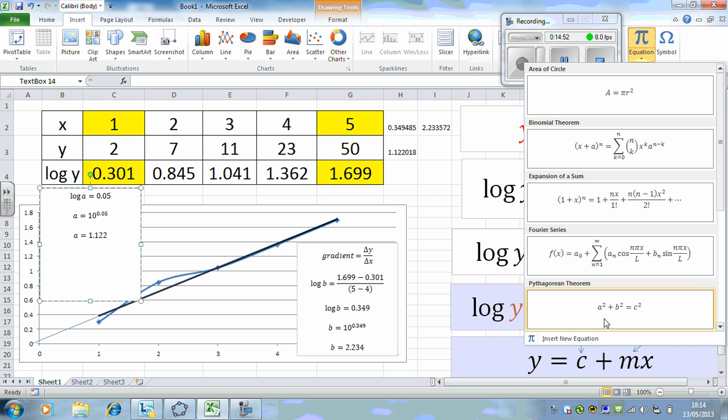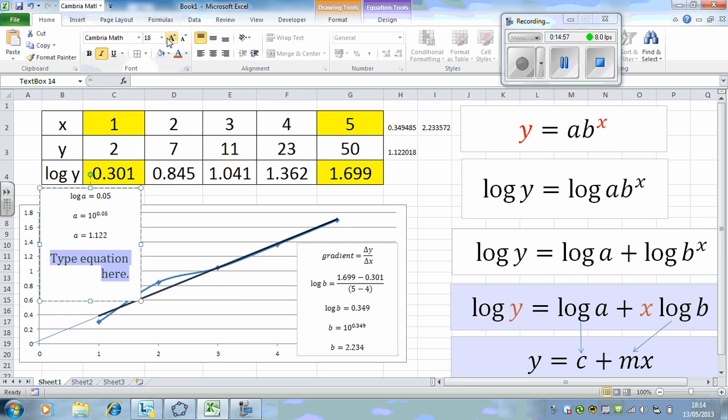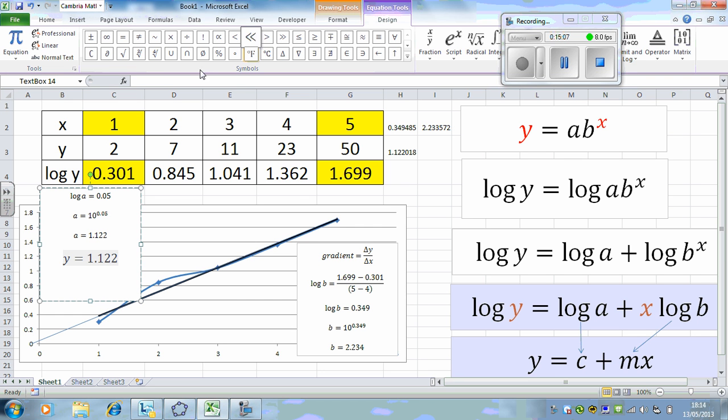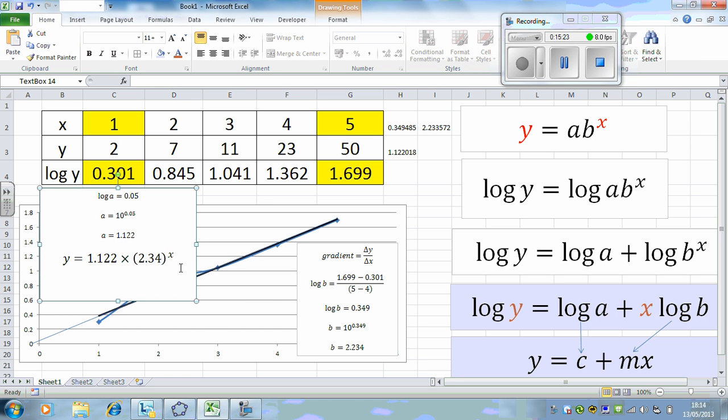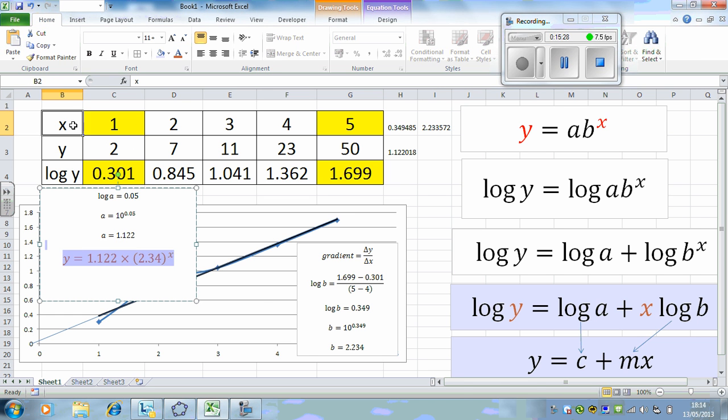We have found the values of a and b. We've done the job for the physicists. They're happy, because we've just done a cheeky little bit of maths. So the equation is actually going to be y is equal to 1.122 multiplied, and you have to be a bit careful here, by 2.34 to the power of x. And that is our approximation for what the equation of the curve is for the original x and y